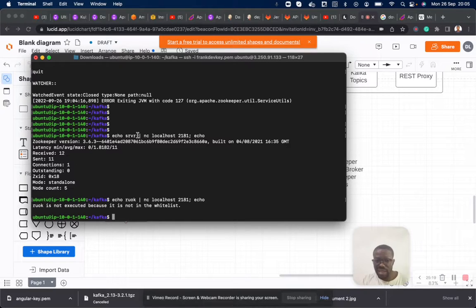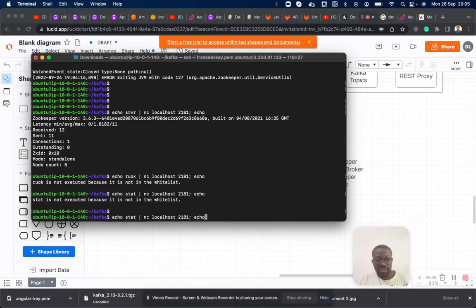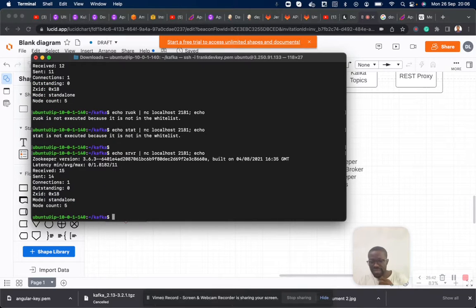By default, srvr is in the whitelist of Zookeeper. Let's look at stats, system statistics, another four-letter word. It's also saying that stats is not in the Zookeeper whitelist. Only srvr is there.